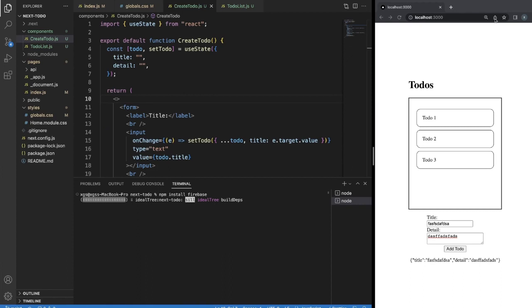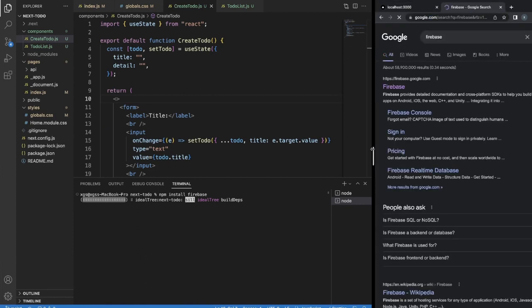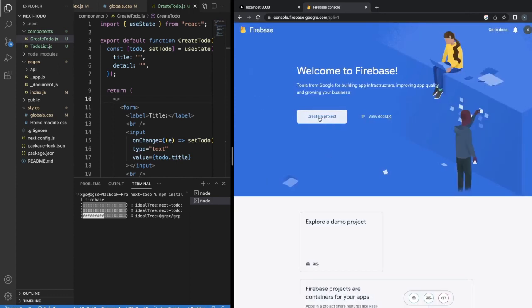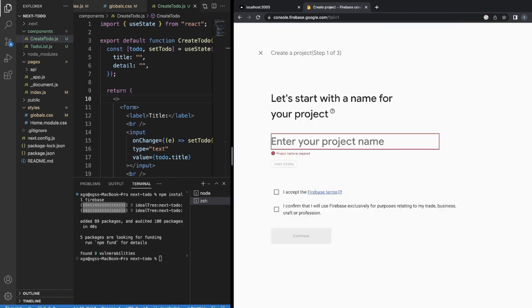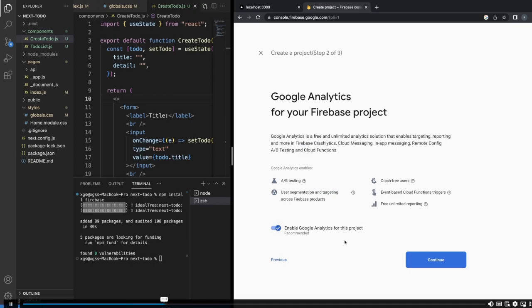And while that's installing, open up a new tab and then go to Firebase. Click on the first link and then hit go to console, or if you're not signed in, you need to sign in, and then go to console, and then press create a project. And you need to put in a name. I'll be calling it next to do, and then accept these, and then press continue. We don't need Google Analytics